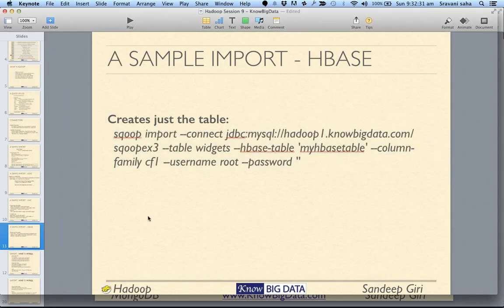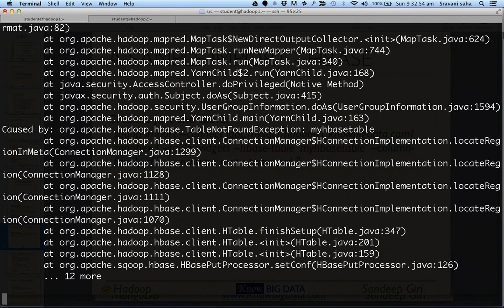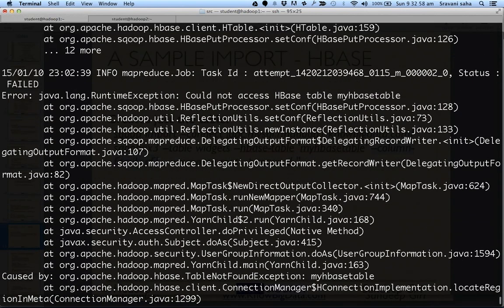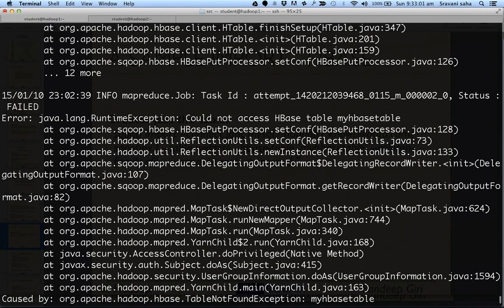All right. So what we are saying is import this database and this table into HBase, my HBase table, and create everything into this column family. You can customize this part by specifying multiple columns of this column family, and this is a username and that is a password. So what does it say? It's not able to connect,